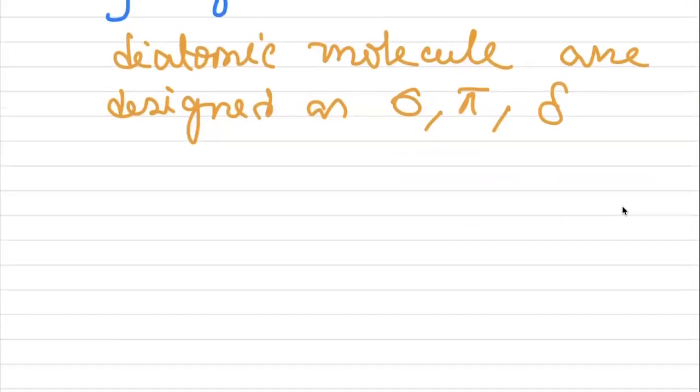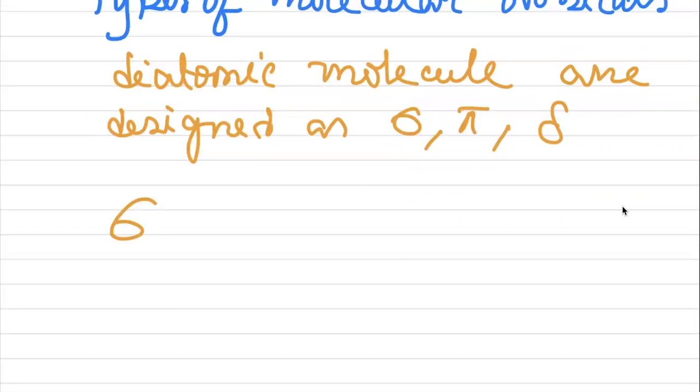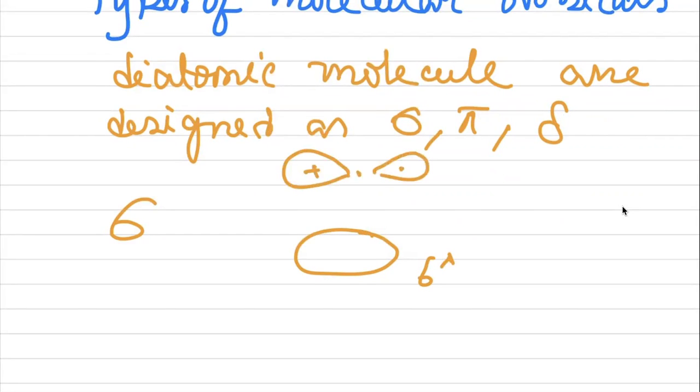What is the structure for sigma? This is for bonding, and for antibonding it will be like this, positive, negative. This will be the nodal plane. This is for sigma star, and this is for sigma. Now, pi bond is formed by what? Pi bond is always formed by sideways overlapping. So for pi bond, how will we find it?